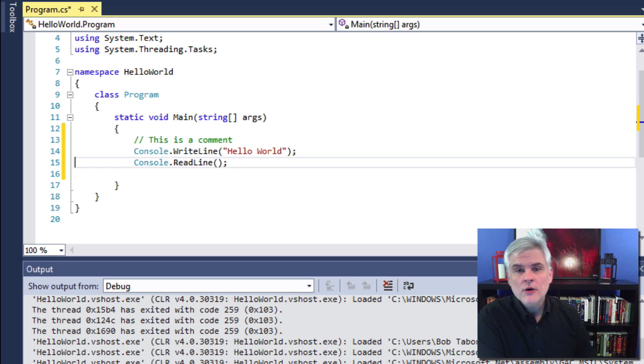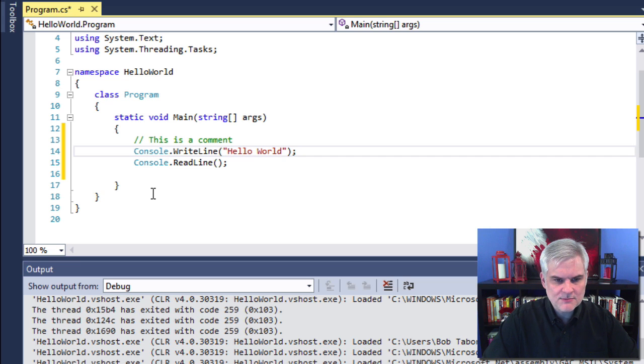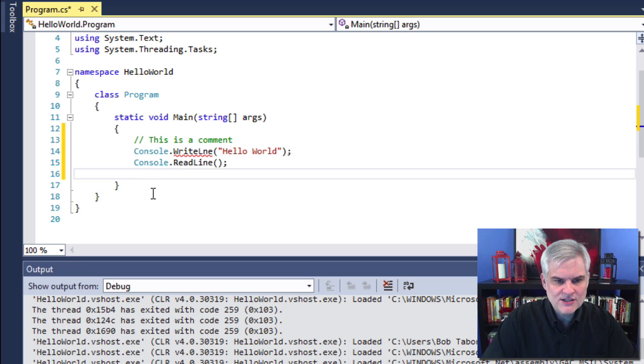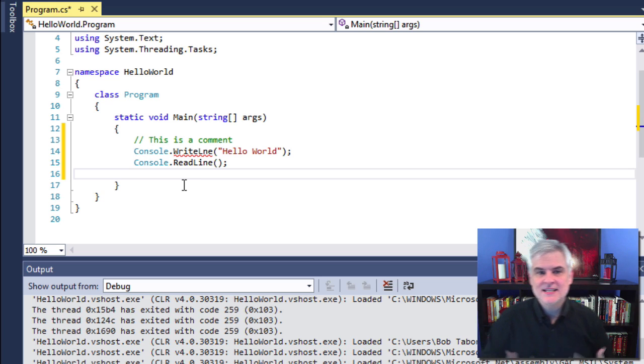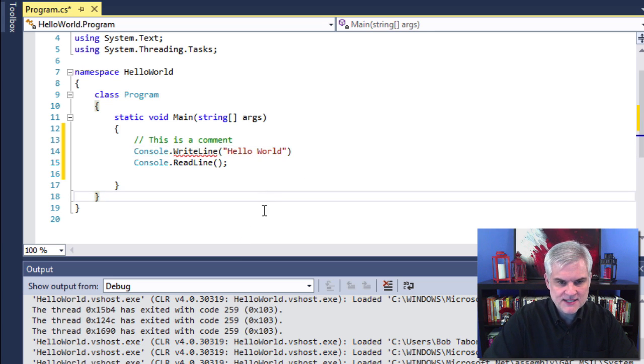Finally, with regards to the code editor, it's going to give you different types of clues as to what could be wrong with your code. You may have seen this already. You definitely saw it if you watched lesson number 3 in this series. So let's do this. What I'll do is I will intentionally misspell the word Line. And when I do that, it takes about a second, but I see the little red squiggly line underneath the Write method, okay? And so this indicates that something might be missing. In this case, the I in WriteLine, or perhaps I'm missing the end of line terminator, so I'm missing